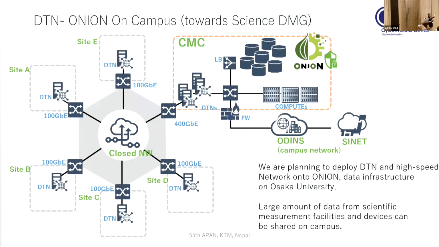Based on the success of using the DTN through the research, I wrote this. Now on the campus, there are many research institutions and departments which use an enormous amount of data. But one of the problems is that such researchers are bringing hard disks for data sharing, even on the campus. So that's why we are now trying to set up 400G or maybe 800G